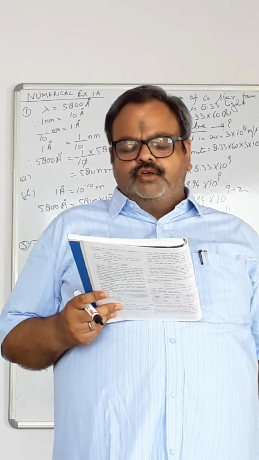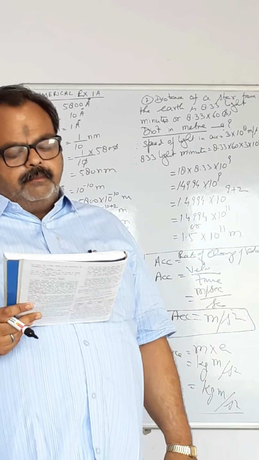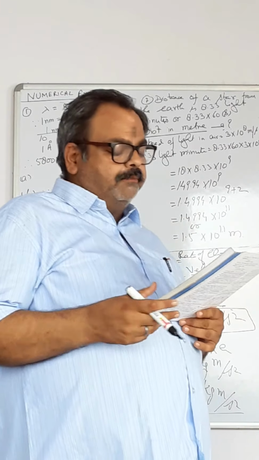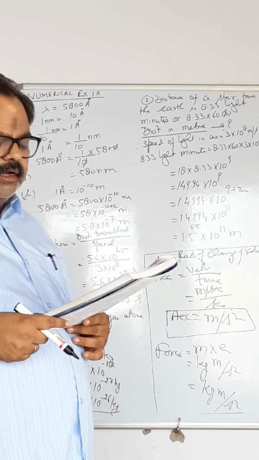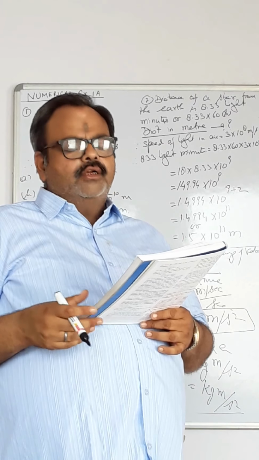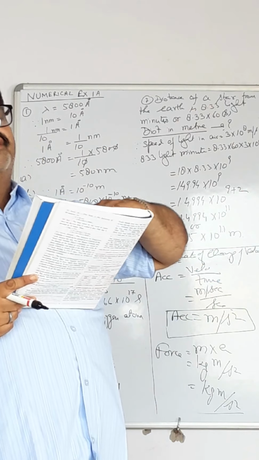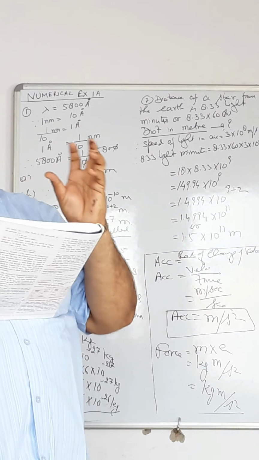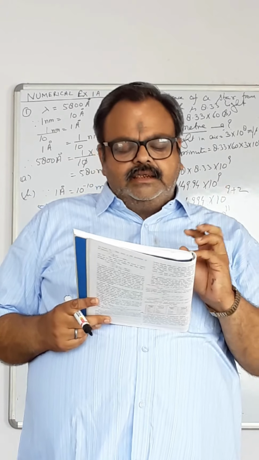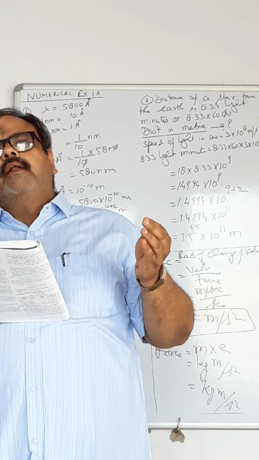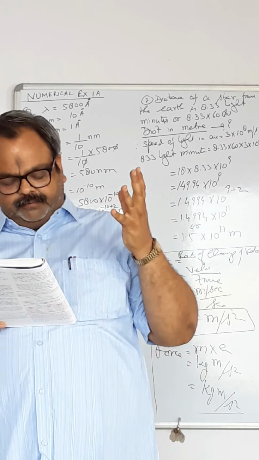Moment of force is force into distance, Newton meter or kg meter square per second square. Power is work upon time. So power is measured in kg meter square per second cube, or joule per second, or watt. So these are the units which we have taken from the fundamental units. As they have given the bigger chart, we can derive these units from the fundamental units. These are all examples of derivation of derived units from the fundamental units.